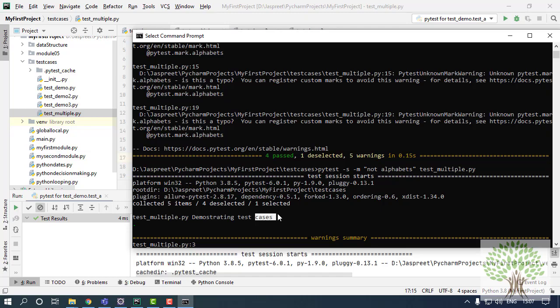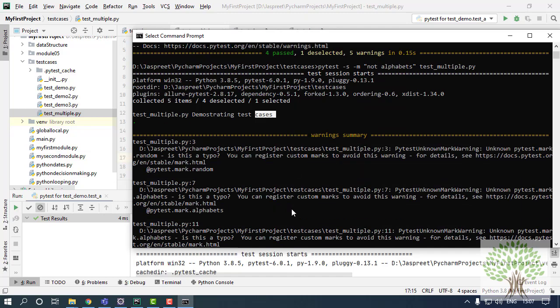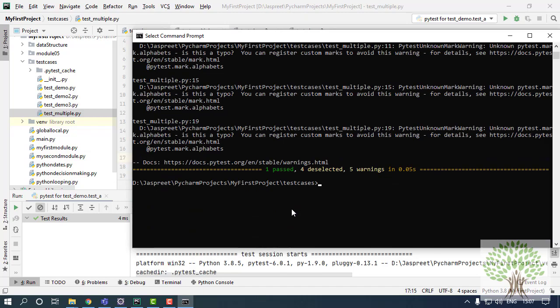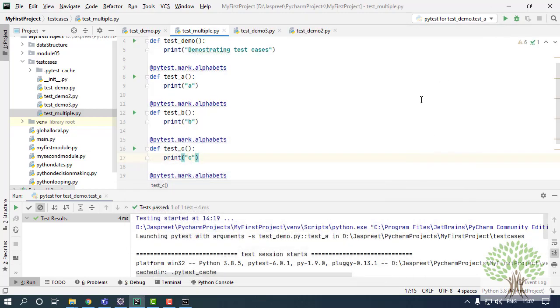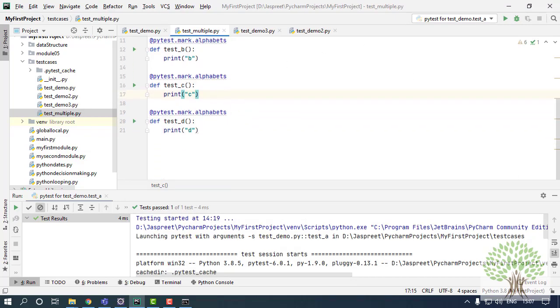The same syntax is going to be applicable on the Eclipse IDE as well. From there as well, if you want to run the test cases in a group, the same thing is going to be followed on the command prompt. Okay. Now moving further, this was how to run the test cases in a group. There is one more thing.